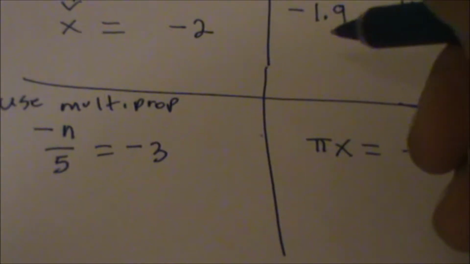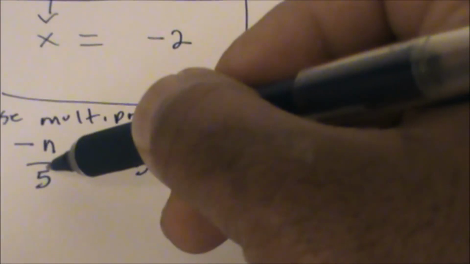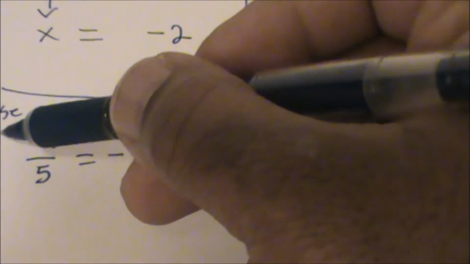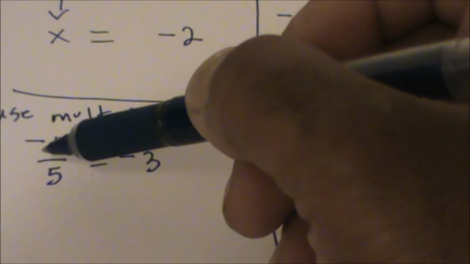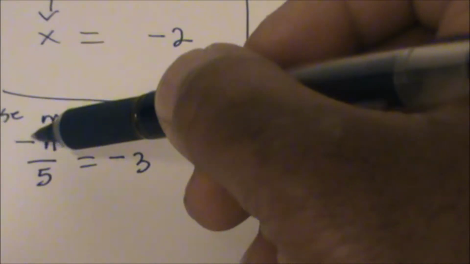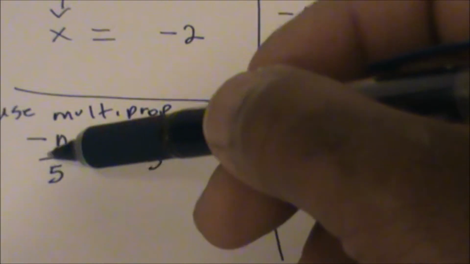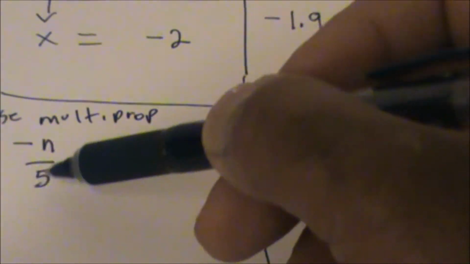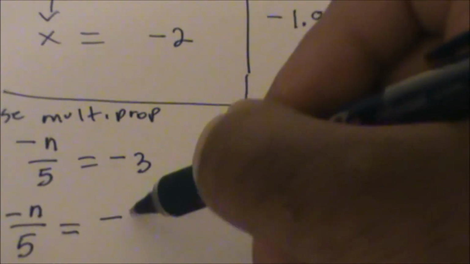All right. Okay, when we do that, using a property, we're going to use what number that we can multiply to get rid of the fraction part of negative n divided by 5? And once we use that property and find a number to apply to this fraction, we have to do it on both sides of the equal sign. In this case, we're going to multiply by a positive 5, the same sign number. So we're going to multiply 5 times negative n over 5 equals, and then we have the negative 3